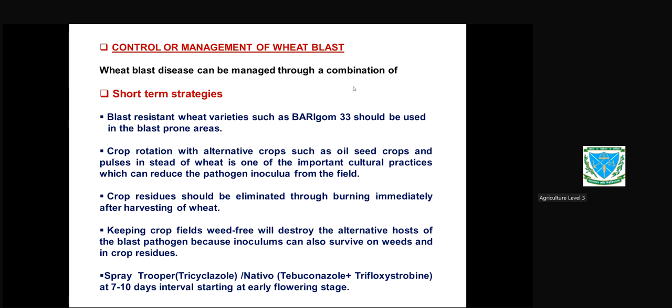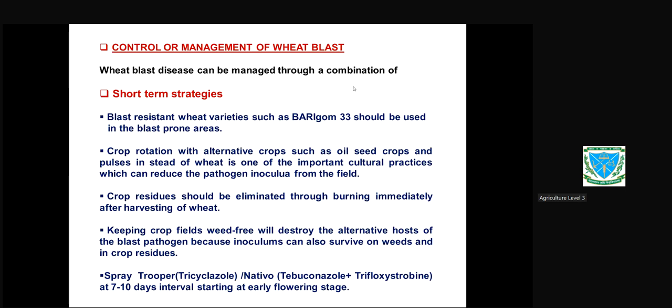Wheat and wheat is not expected. So what you can do, you can suggest the farmer, please try to go for rotation with oil seed crops and pulses instead of wheat. So one of the important cultural practices may reduce the inoculum. Crop rotation কিভাবে হেল্প করে? তুমি যদি বছরের পর বছর গম করো, প্রত্যেক বছর ইনোকুলাম অ্যাড হয়। আমরা এটা মাস্টার ডিগ্রিতে পড়াই, কিভাবে ম্যাথমেটিক্যাল মডেলিং, এপিডেমিওলজিটা আমিই পড়াই, কিভাবে এপিডেমিওলজিক্যাল ডেভেলপমেন্ট হয় একটা প্যাথোজেনের ইয়ার বাই ইয়ার ইনোকুলাম থ্রেশহোল্ড বাড়তে বাড়তে। ক্রপ রোটেশন হেল্প করে ইনোকুলাম লেভেলটাকে কমানো যায় অয়েল সিড ক্রপ বা আদার ক্রপ দিয়ে, পালস দিয়ে.